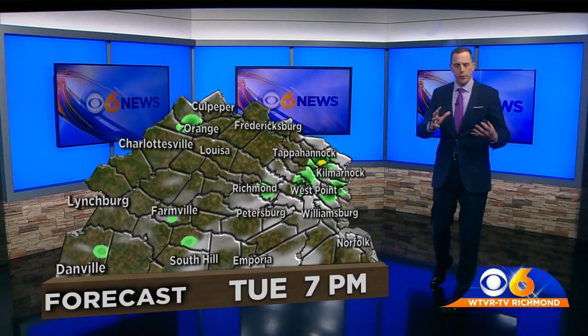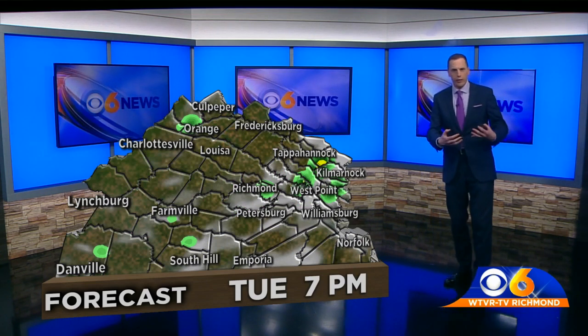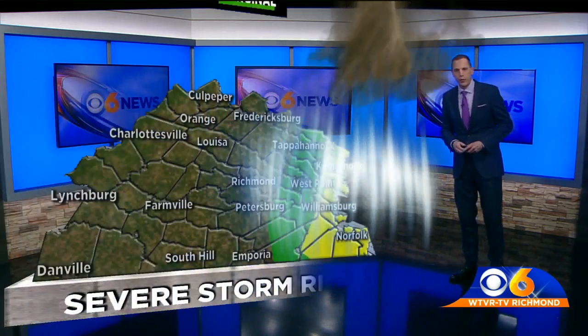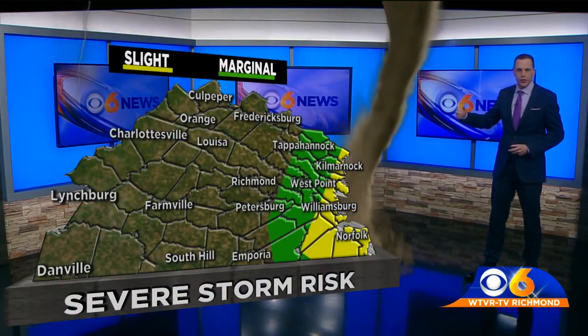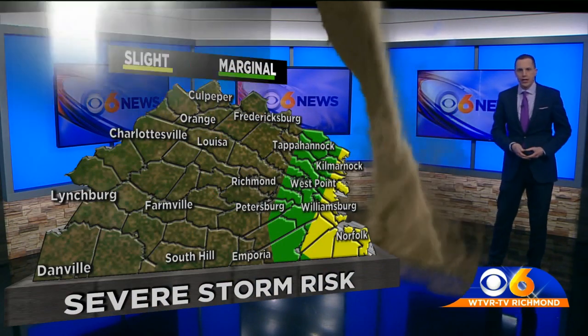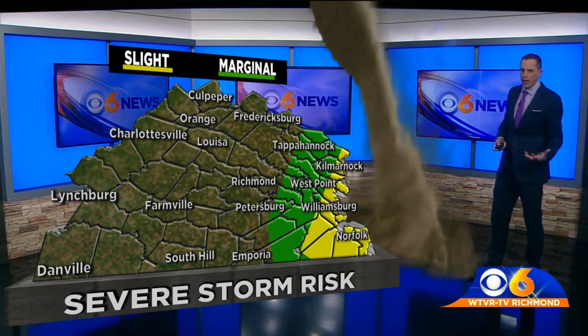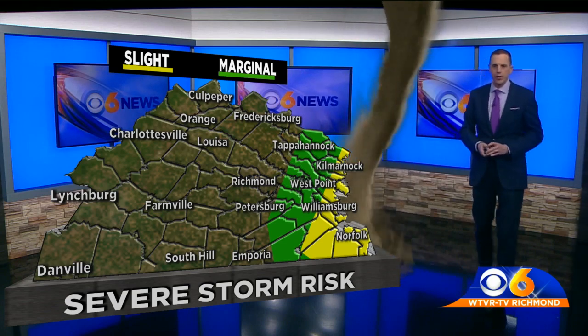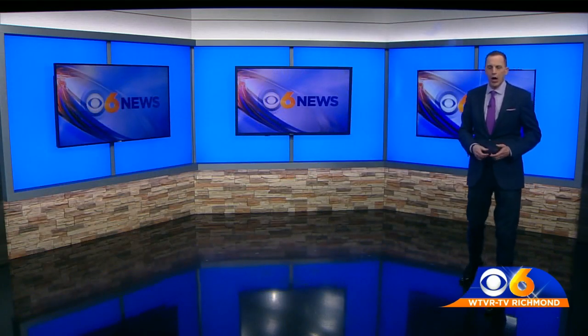Now, when this storm comes up, the winds come in off the water. They don't encounter any friction. And then when they hit the land, they may spin up some tornadoes. So we actually have a slight risk for some severe weather here as you get closer to the coast. It may spin up a couple tornadoes. The best chance is going to be shaded in the yellow as you get closer to the water, but not out of the realm of possibility. You could have an isolated tornado warning west of this area that you see shaded. So we're going to be keeping a very watchful eye on the severe weather risk later tonight and through the